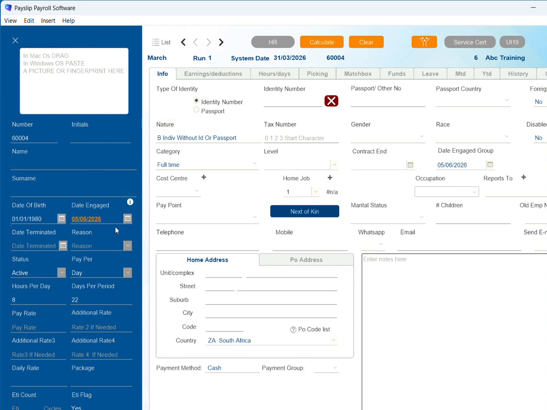The first section will be the names and the rate applicable. So initials, name, full names, in this case only one, surname, date of birth, that will also show on your ID document, date engaged.